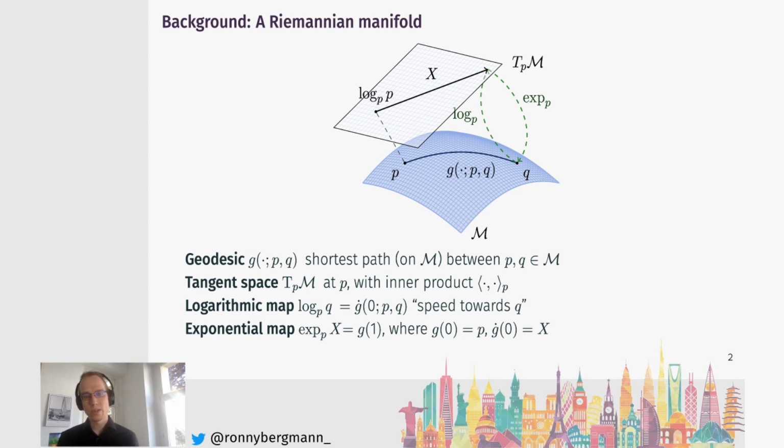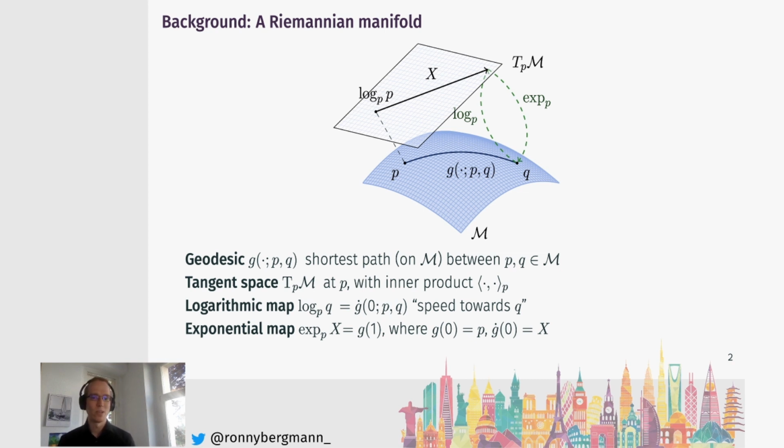Two further quite important functions are the logarithmic map. Given 2 points, which direction do I have to go into to get there? For p and q, that would be the vector x. And the inverse is, I'm at p and I'm given a direction x with this length, and the question is, where do I end up? That's the exponential map. And while the exponential map, usually for complete manifolds, is defined globally,